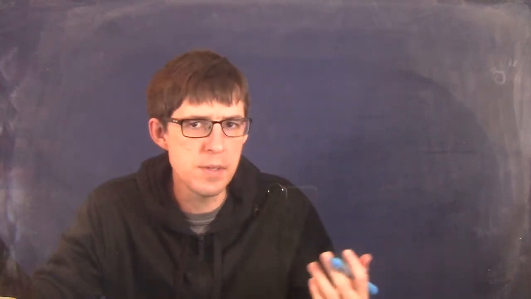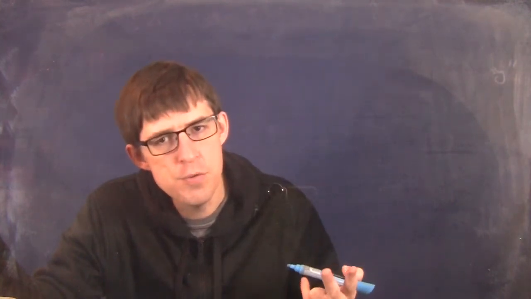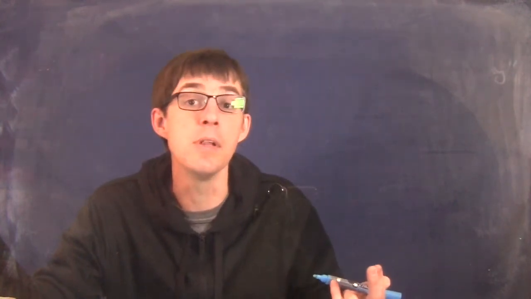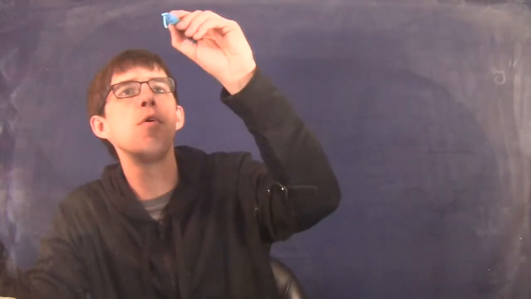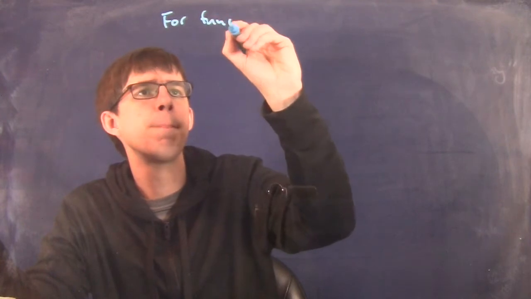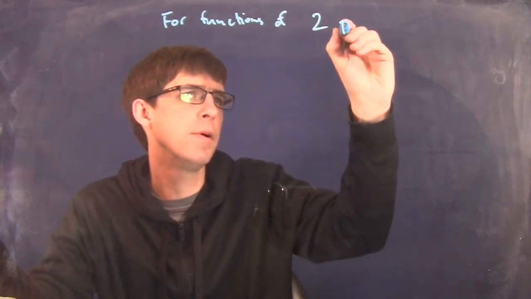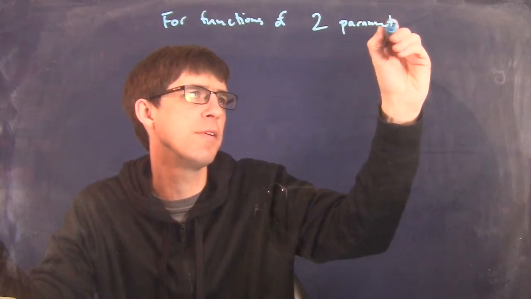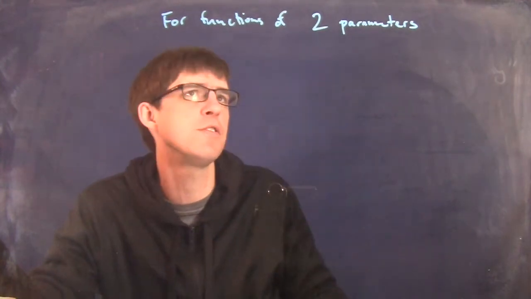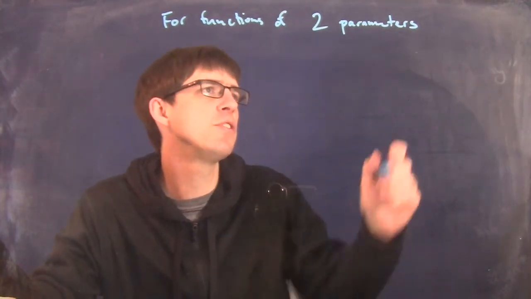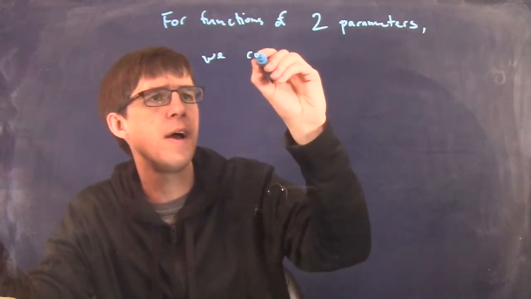For instance, all the mathematical functions that kids know have two inputs to get an output, like the plus operation. You add two things together and get an answer. So for functions of two parameters, those are called parameters, the different things that you're plugging in if you're plugging two separate things into the function. For functions of two parameters, there are a few different strategies. We could specify them